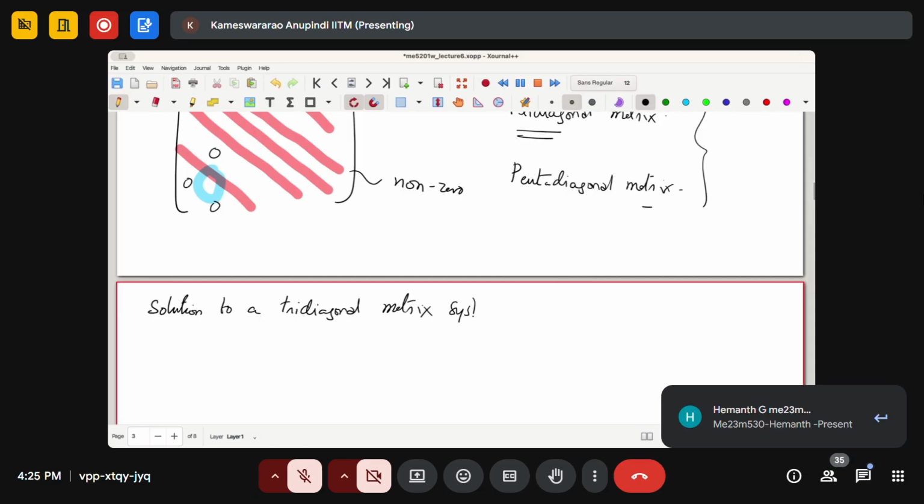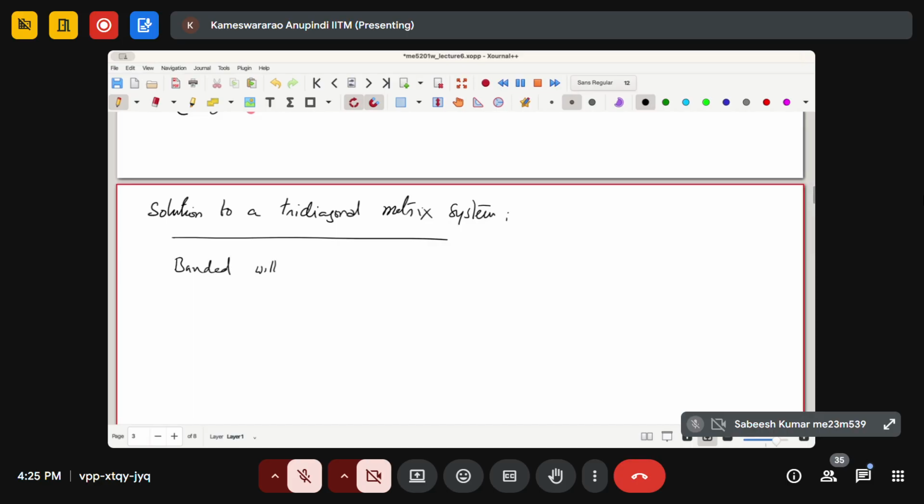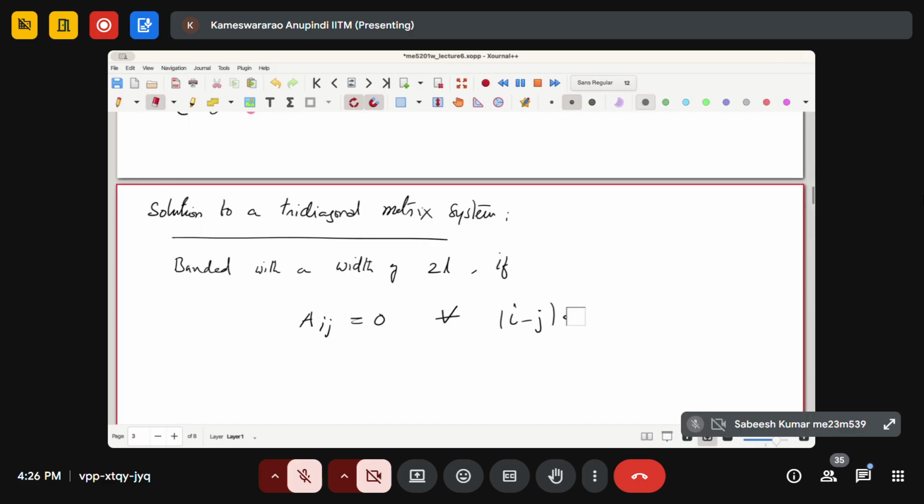Matrix system. Okay, a matrix is said to be banded with a width of 2L if Aij is equal to 0. That means the elements that the matrix contains are 0 for all |i minus j| greater than L. Okay, so if it is going to be 0 for all |i minus j| greater than L,